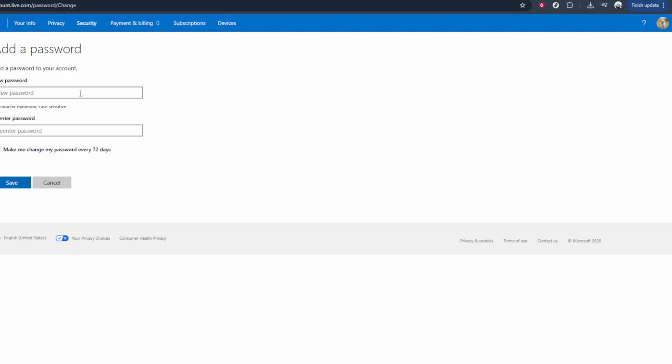Now you'll be guided through the actual password change process. You'll typically need to enter your current password, then type your new password twice to confirm it. Choose a strong password that you haven't used before, mixing letters, numbers, and symbols if possible. When you're done, save your